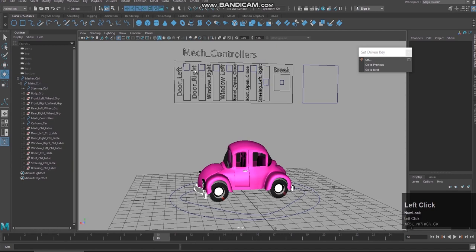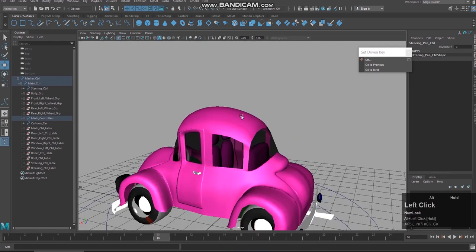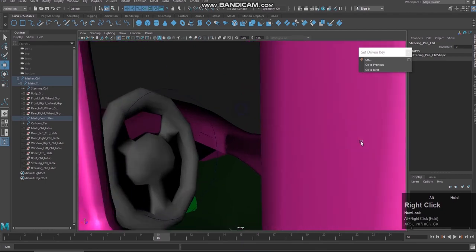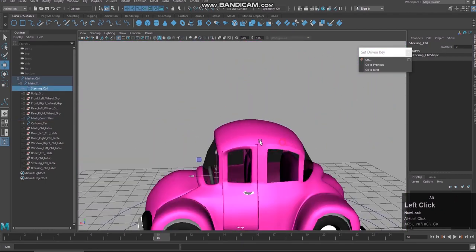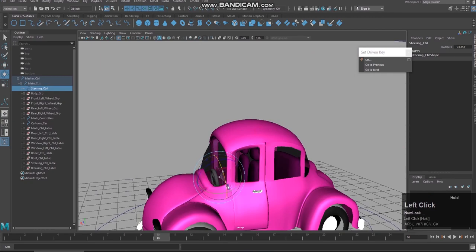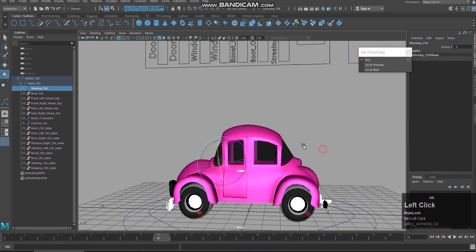Okay, now let us check still if it is working fine. Yes, it is working fine. Yeah, window left. Yes, bonnet open and close, brakes and steering left and right, and just the rotation of this controller curve.